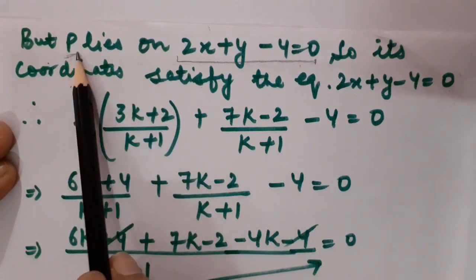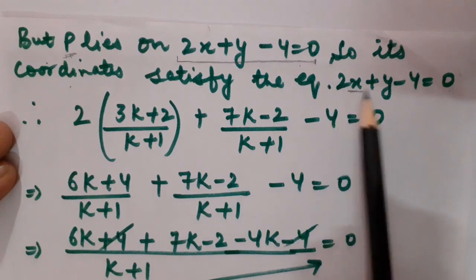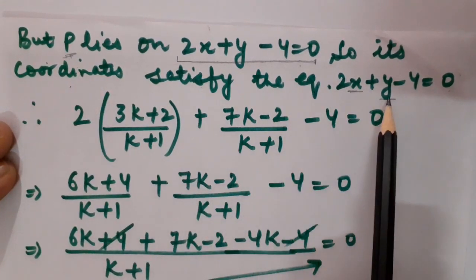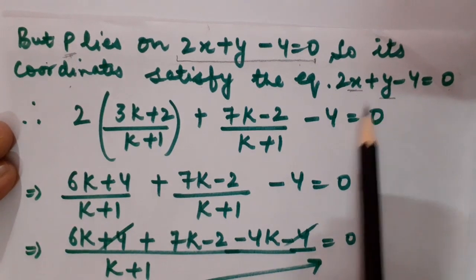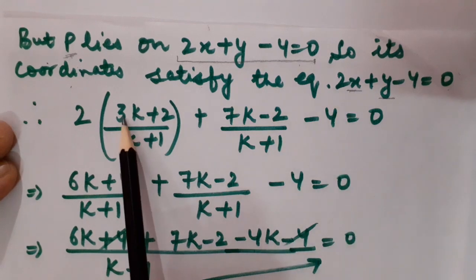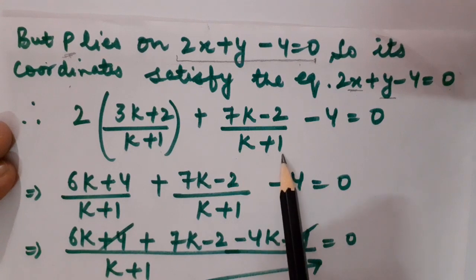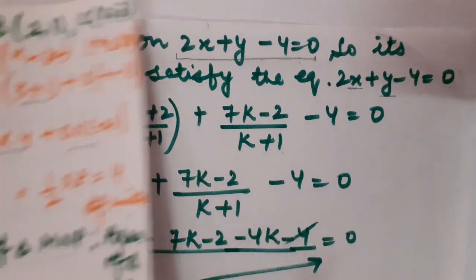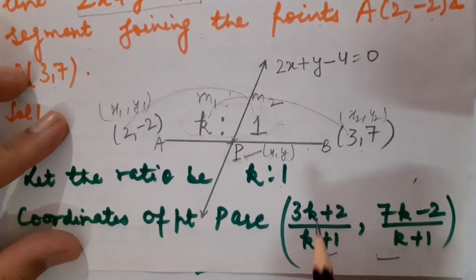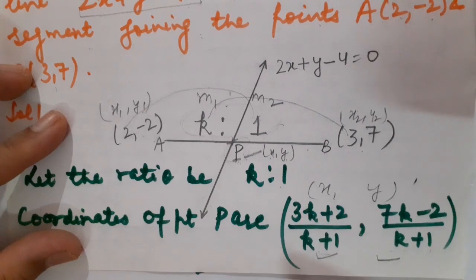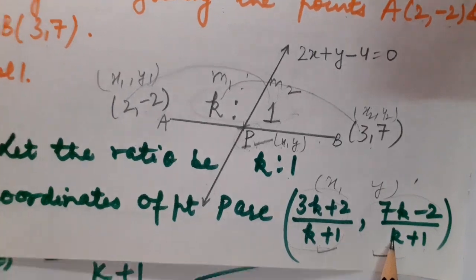It means the coordinates of point P, which were x comma y, at place of x comma y we can just substitute the value of the coordinates of point P which we have just calculated in the form of k. What were they? At place of x we got (3k plus 2) upon (k plus 1). At place of y we got (7k minus 2) upon (k plus 1). Please have a look at the previous sheet once again. Look, these are the coordinates. So this is x and of course this is y. So at place of x I am going to put this value, and at place of y I will be putting this value. Correct? In that equation.